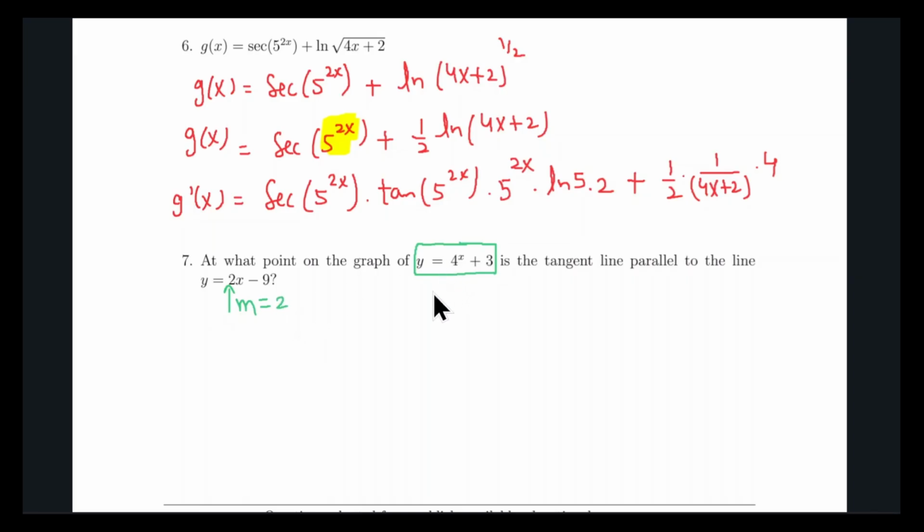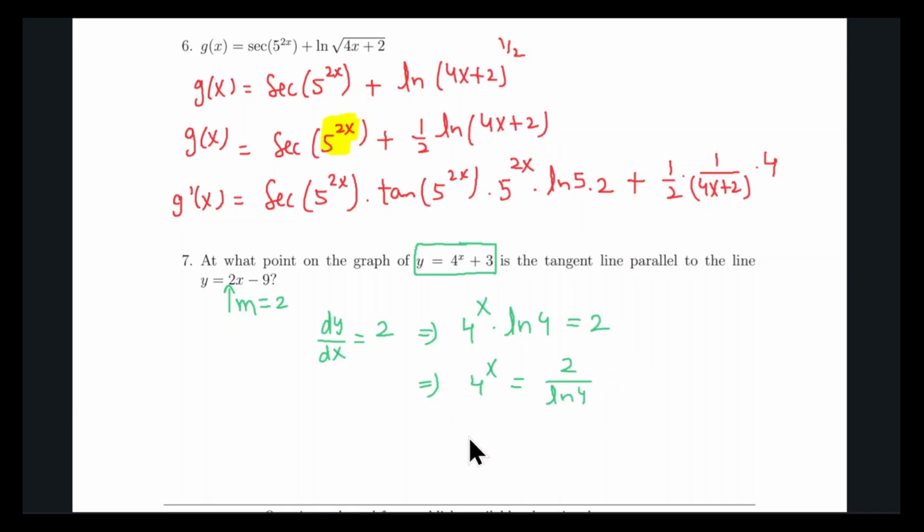And what is slope, guys? Isn't that just the derivative? So I am looking for the point x, or they are asking for points, so maybe they want x and y both. I can give them both, where dy over dx is equal to 2. Let's differentiate 4 to the x plus 3. So obviously the derivative will be 4 to the x times natural log of 4, and the derivative of 3 is just 0, so I don't really care about that. So that should be equal to 2, which means that 4 to the x should be equal to 2 over